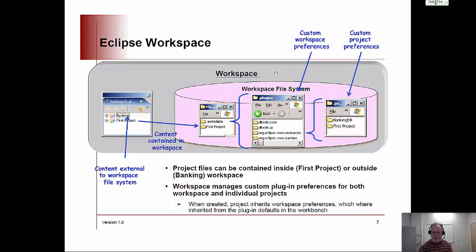Again, a workspace is analogous to a category of work that you conduct every day as a developer. So in industry, I would create a workspace for each project I would work on, a company project or product, because there may be multiple development activities or projects going on within that, and I wanted to share the same set of settings, the same set of resources, and so forth. In my academic work, as I said, I create one for this class, I create one for my research projects,